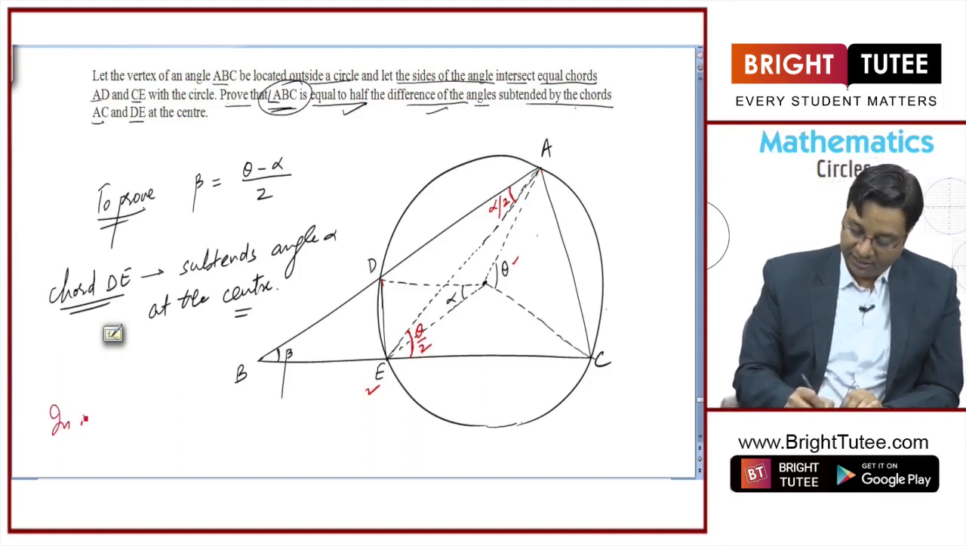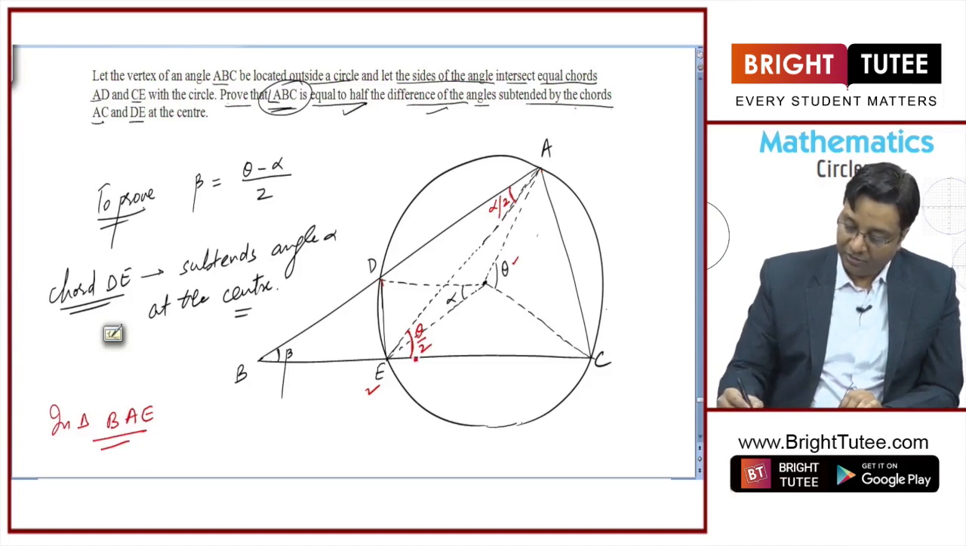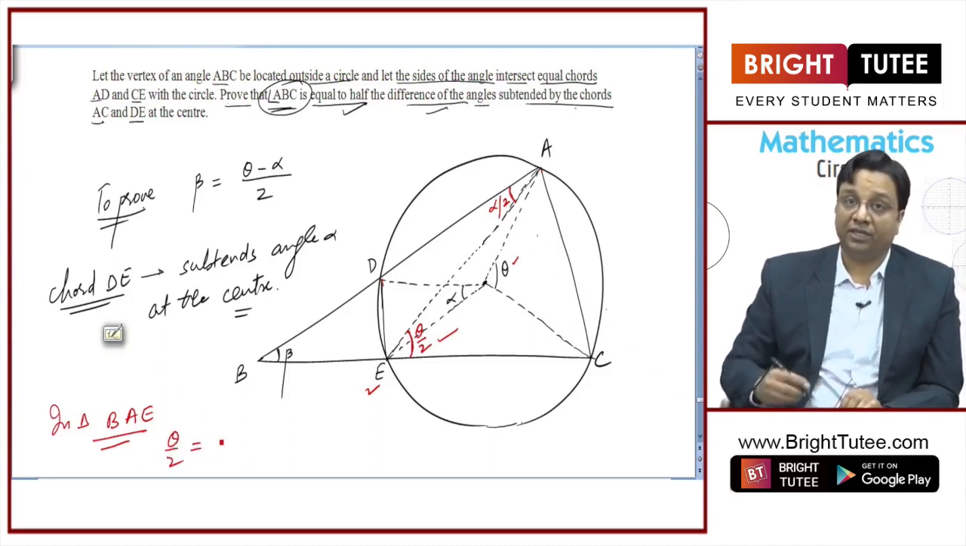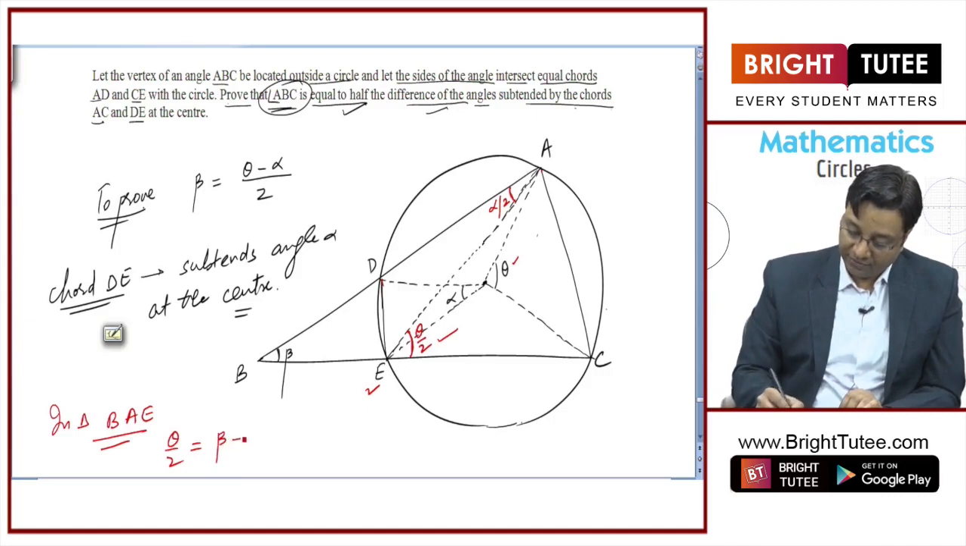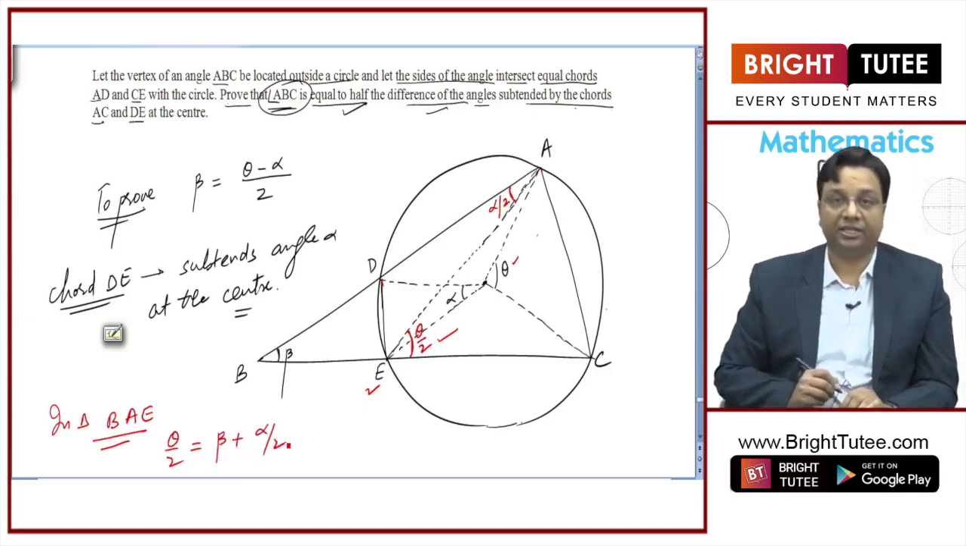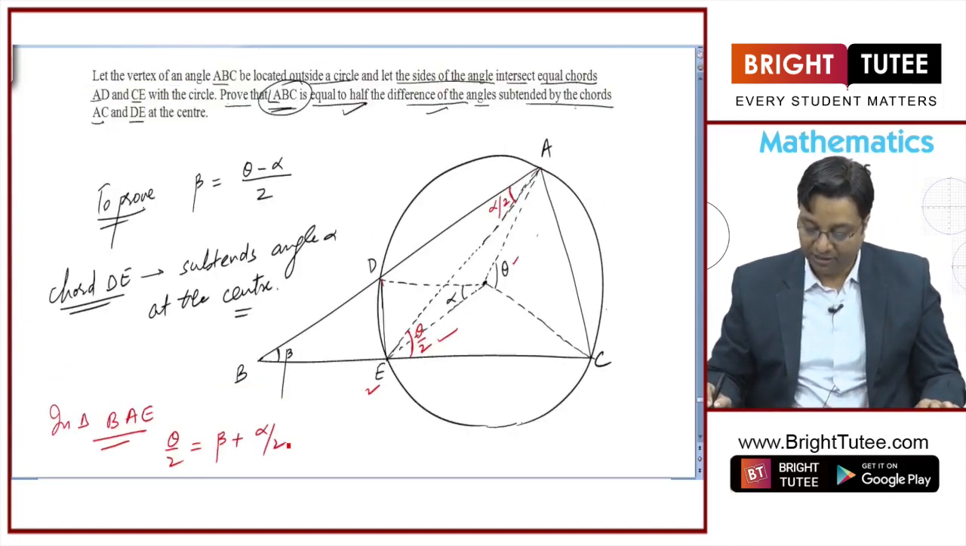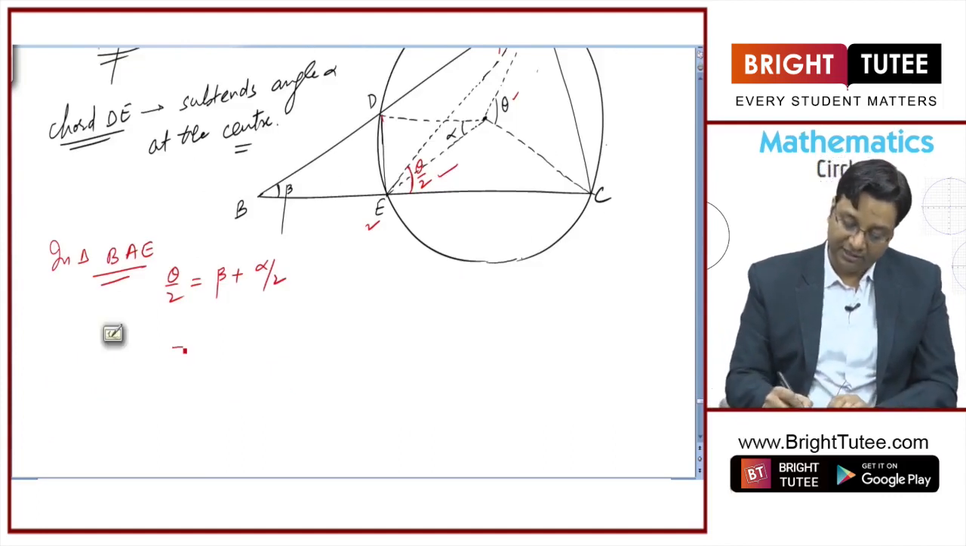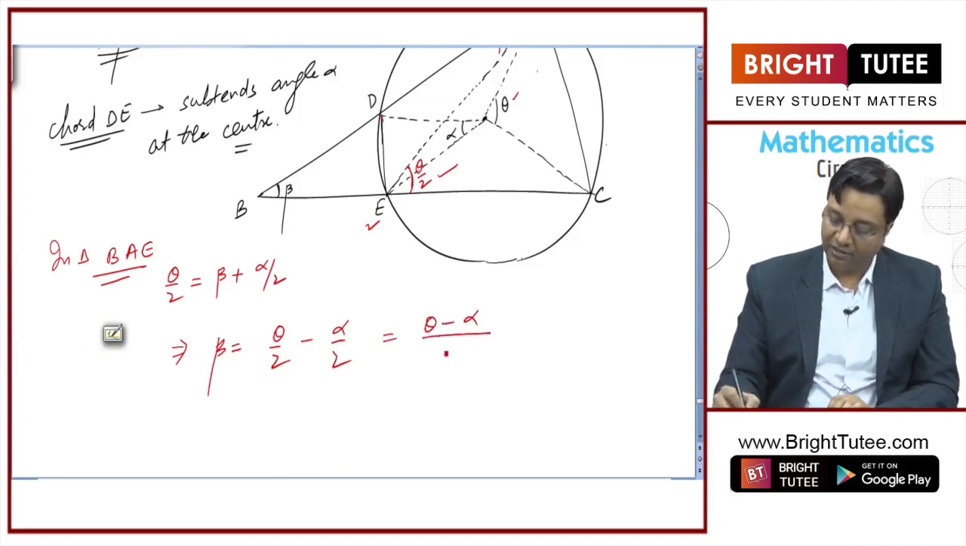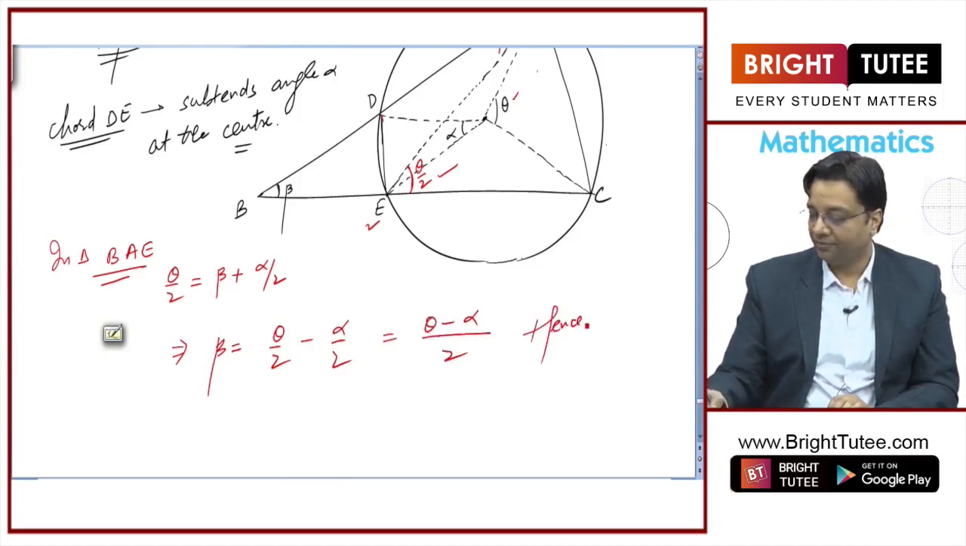Now in triangle BAE, if you look, theta by 2, this angle is an exterior angle of this triangle BEA. So theta by 2 is equal to the sum of interior opposite angles. So beta plus alpha by 2. Theta by 2 is equal to beta plus alpha by 2. Hence you can say beta is equal to theta by 2 minus alpha by 2, that is theta minus alpha by 2. Hence